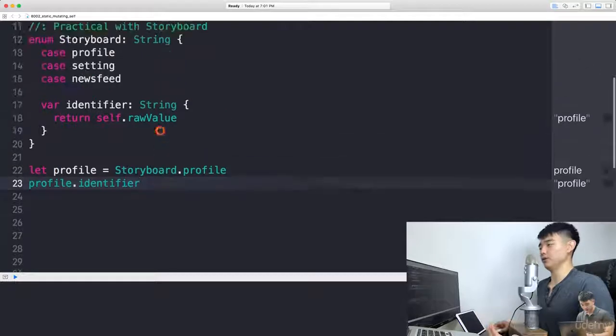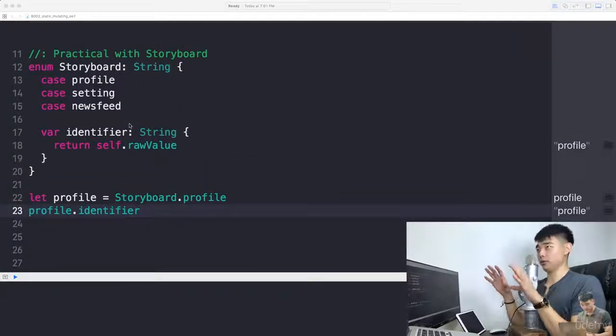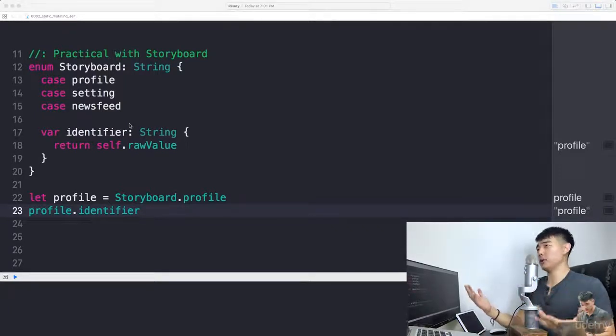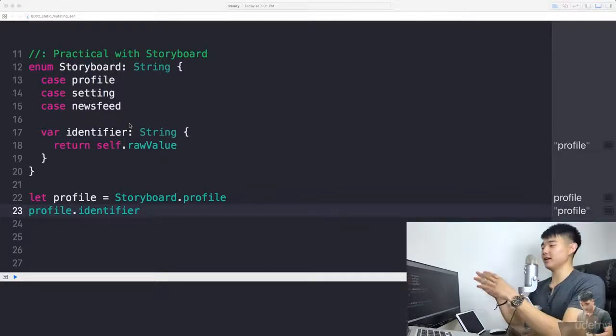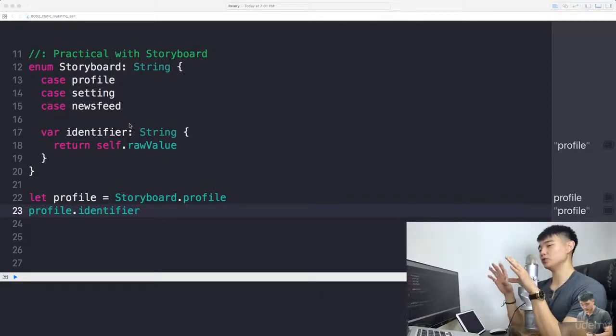So how is this useful? When it comes to coding, you never want to type that much. First of all, the best code is no code at all, and that's rule number one. Rule number two is that the more you type, the more bugs you make. You will never make grammar errors if you don't write at all, and you will never make any code mistakes if you don't write your code. So when you type more, especially a lot of string values,